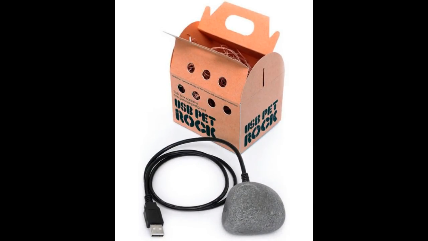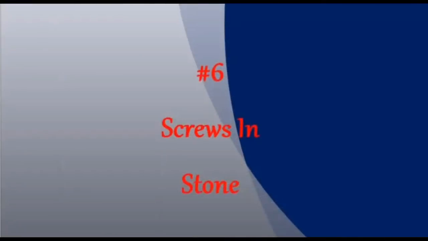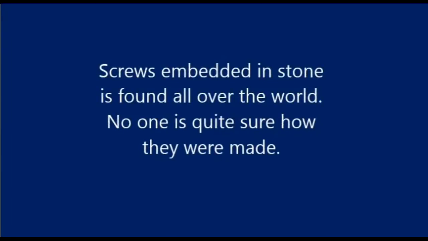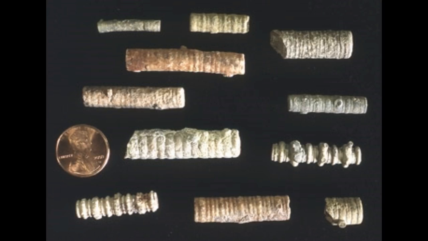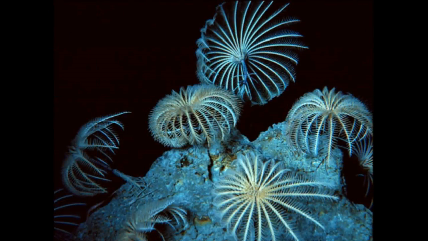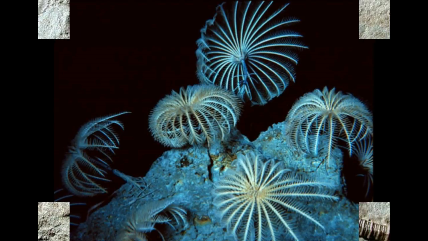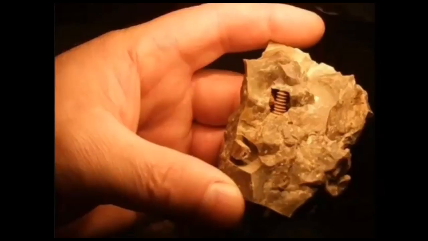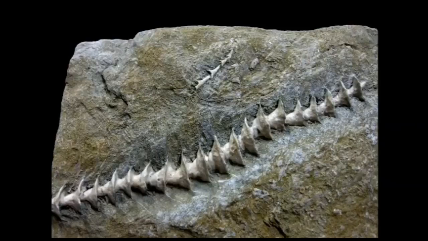Oh, never mind. The screws and stone topic are for the most part legitimate, but after many comments from my viewers, I tend to agree that they seem to be what are called crinoid fossils. Commonly known as sea lilies, these plant-like animals have been around for a long time and still exist to this day in regions with water. The fossilized remains of these beings are often what can be found that look a lot like screws. Some of the images found in this video don't quite fit what those fossils look like, so either they are legit or good hoaxes.